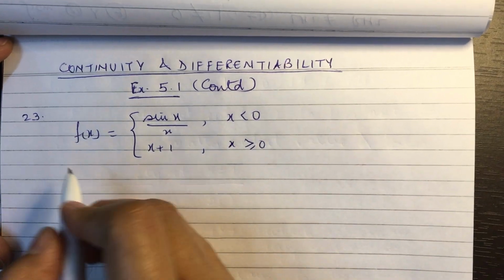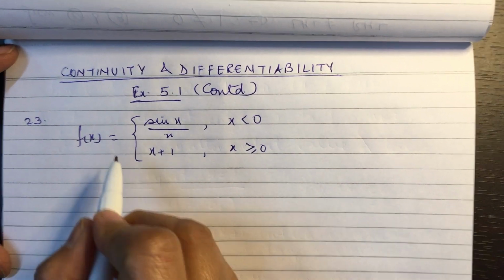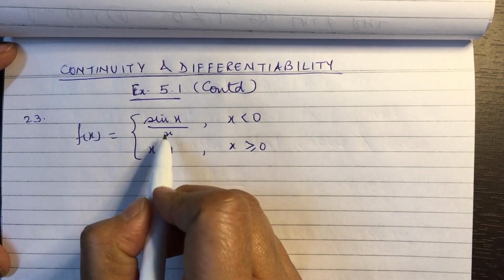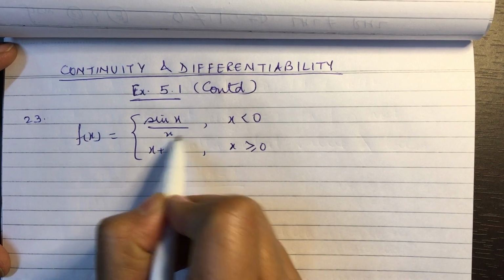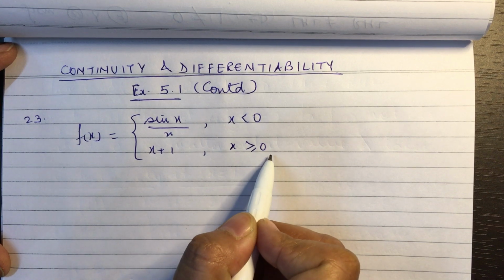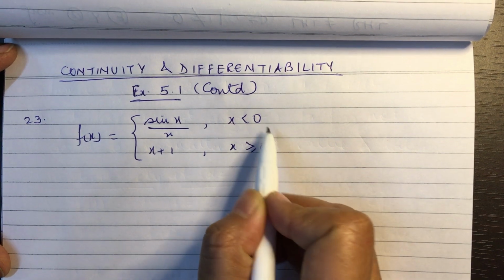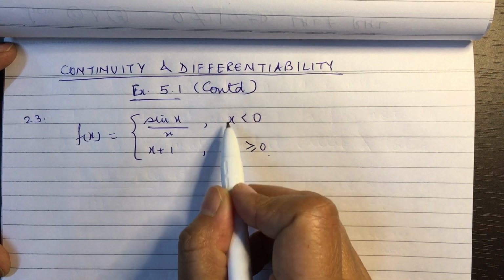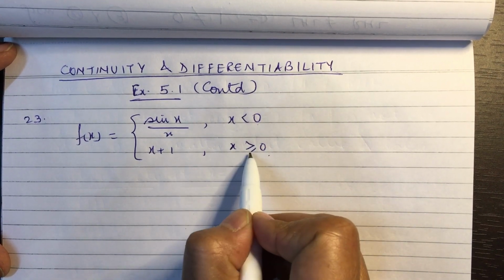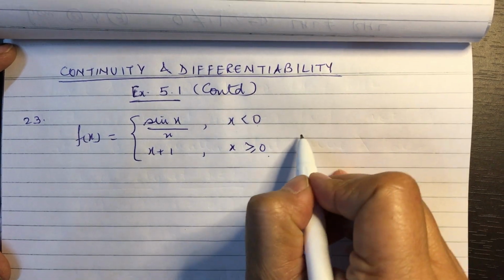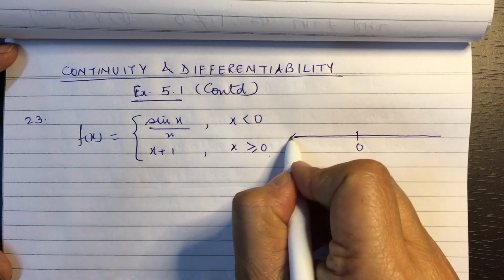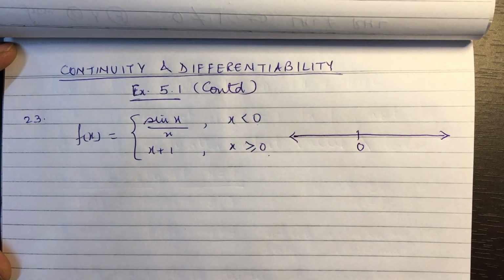Let's now take question number 23. It says that we have to find all points of discontinuity of the function defined by sin x over x when x is less than 0, and x plus 1 when x is greater than or equal to 0. So clearly we can see here that the function has two definitions, one on the left of 0 and another on the right of 0. But still, since we have to find all points of continuity, we will be checking